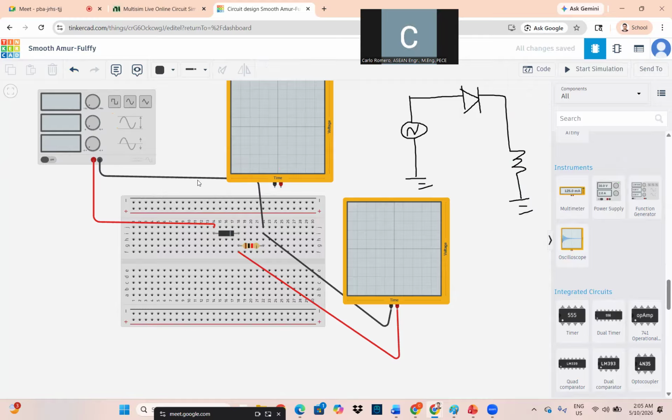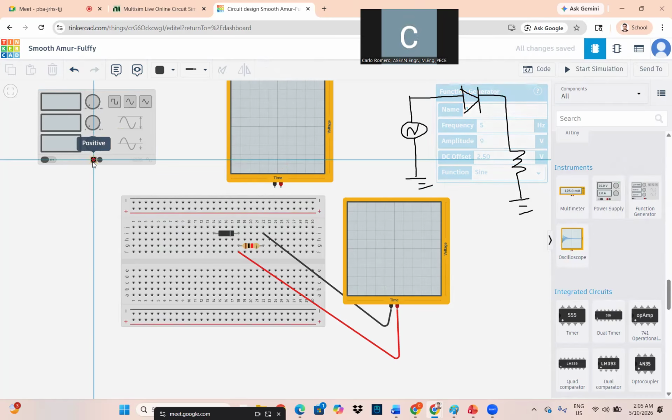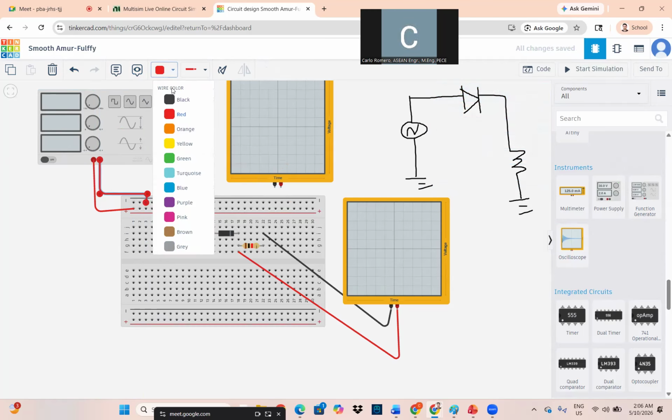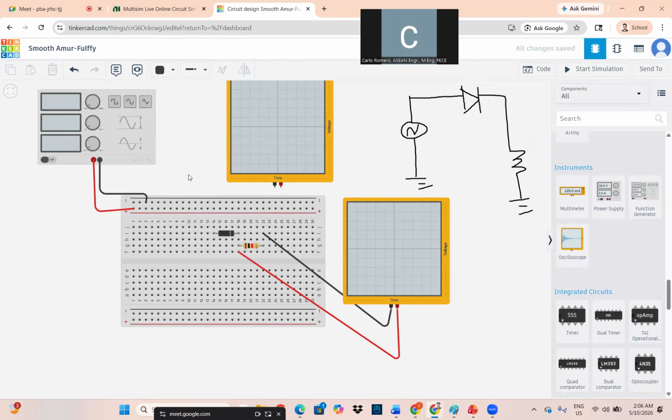So you can use this one to jump it. For example, you want this positive, just call it red, then a negative. Okay, and then connecting it.